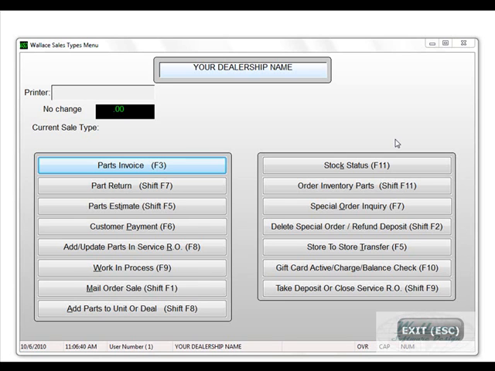One thing I want to mention before we get started. Tracking customers is extremely important in this day and age. We highly recommend tracking your customers. It opens up a world of opportunities for you, the dealer. Number one, you can contact your customers via email anytime you wish. You can contact your customers by sending text messages. You have a way of soliciting your customers, sending out sales type information to get them to come back to